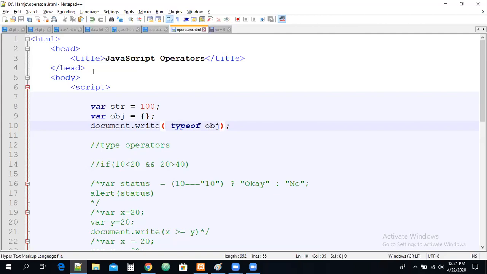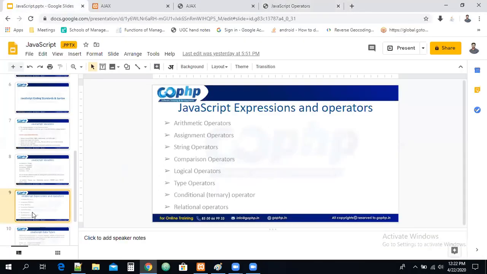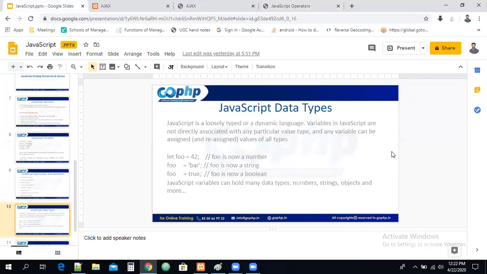Right, all arithmetic operators and assignment operators you can check, guys. Arithmetic operators, comparison operators, string operators, logical operators, ternary operators, all come under our operators, guys. So this is nothing but the operators session, right? So in the next session, we can see data types. I think so. In the slide I mentioned data types, guys. JavaScript data types concepts we will discuss in the next session, guys. Thank you all.